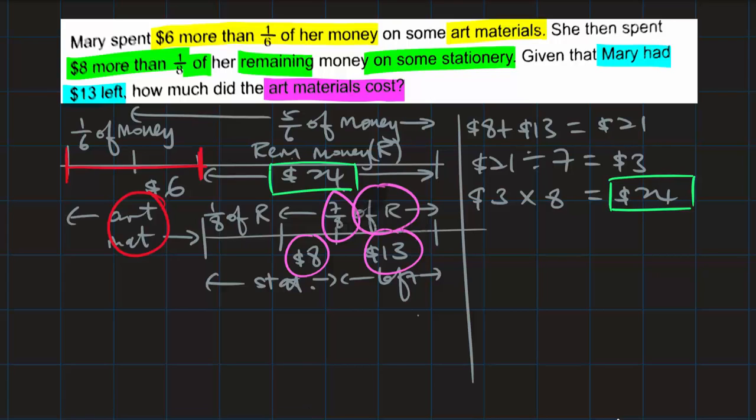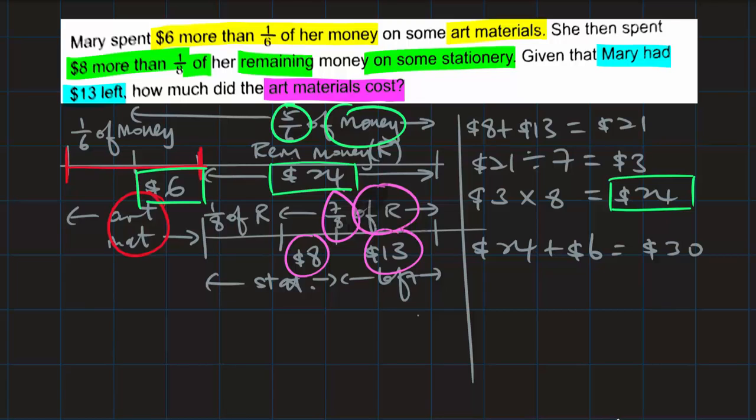Okay. So next, $24. Let me check. Okay, so $24 plus this 6 makes 5 out of 6 of the money. So I'm going to add that first. $24 plus the 6 is $30. So adding these two numbers give me $30, and that is 5/6 of the money. So I'll divide by 5 to find 1/6 of the money,